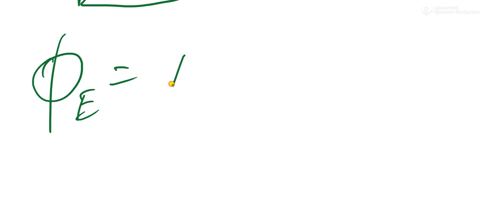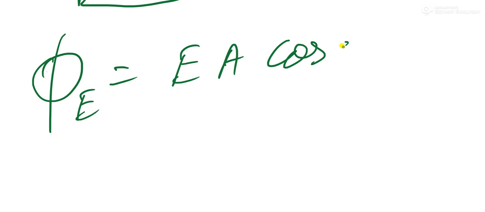What is the unit of flux? SI unit of flux and dimensional formula for flux. Electric flux is equal to electric field into area cos theta. Electric field is a vector quantity, and area is also a vector quantity. Area usually will be taken as a scalar, but in this case area will be the vector.